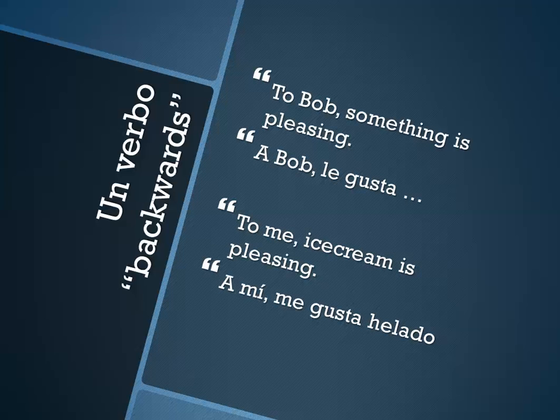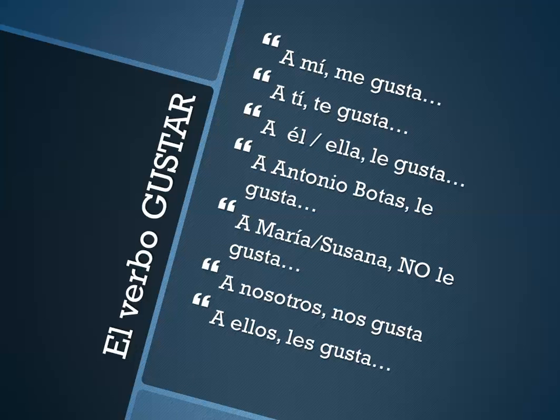So when you're writing your things, if you want to say Susana doesn't like milk, you have to say a Susana no le gusta leche, right? Or a Maria no le gusta su espada. So she doesn't like his sword. And then you can say, for example, Antonio y Gatita at the end, a ellos les gusta vivir en la casa grande. So they like to live in the big house,